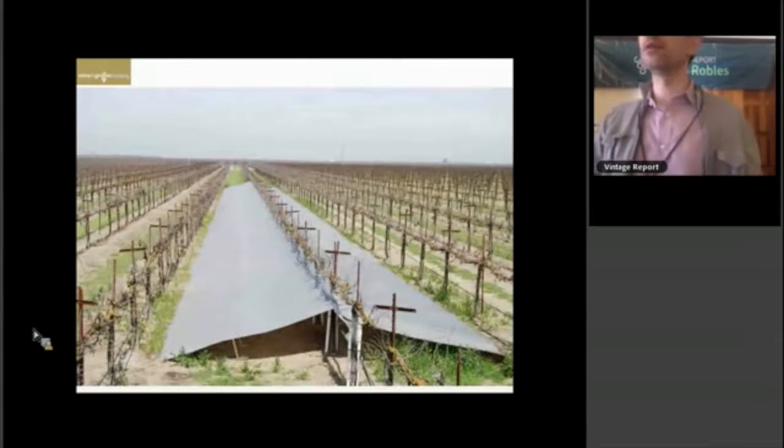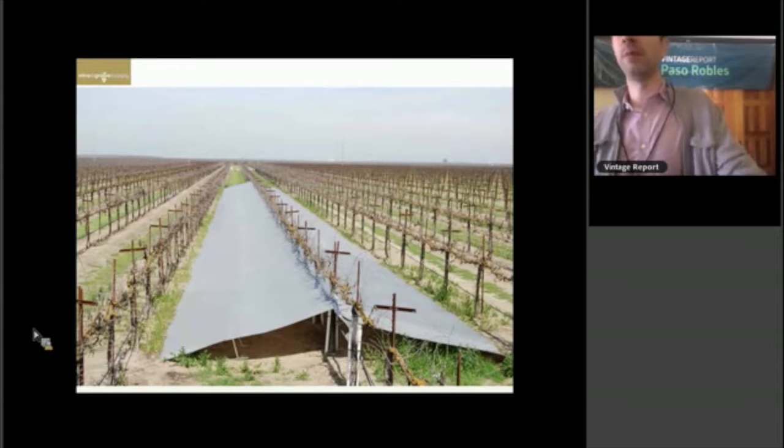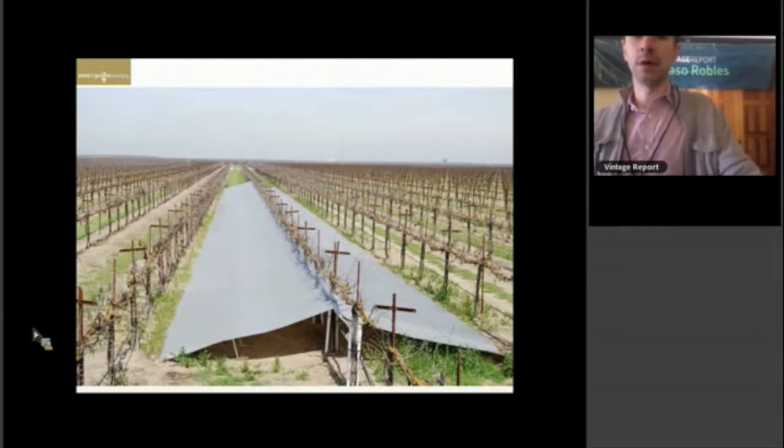What I have here is a picture of the first year where we did this experiment. We basically tarped a vineyard. This was a vineyard in Madera County, so very sandy soils. This is a Merlot vineyard, by the way. We installed that tarp right after harvest, and we left it through the winter. Right before bud break, right before the buds started to swell, we basically removed it,